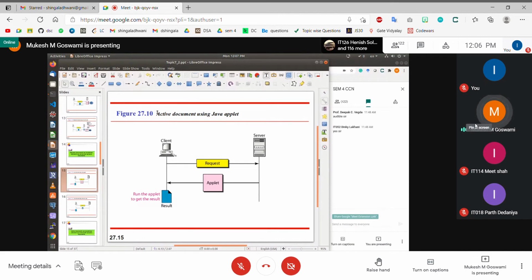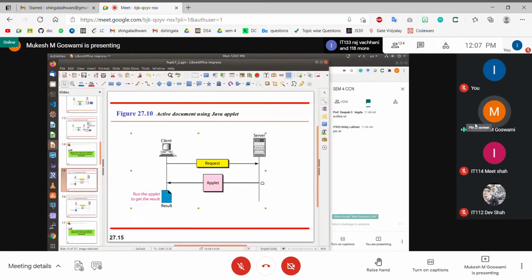And documents which contain this kind of client side scripting are sometimes called active documents. Why is it called an active document? Because the document itself contains the source code. So you make a request, and the document itself contains the source code also, right? Then as a part of the response, the HTML document is loaded on the client side, and along with it the source code is also loaded on the client side. So you are loading two things here: the HTML page, as well as the source code of your program that you want to execute on the client side.